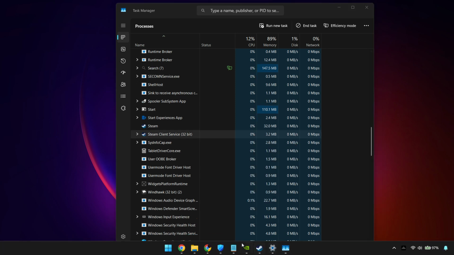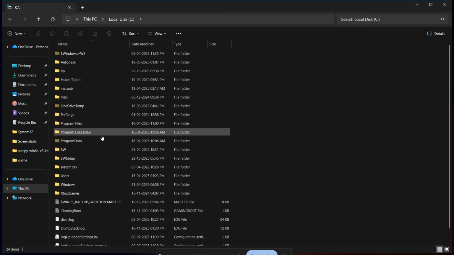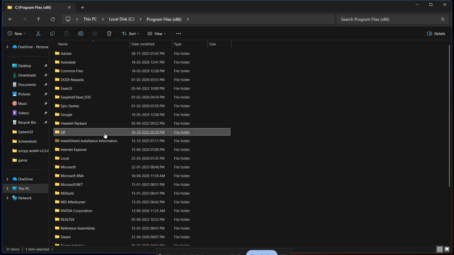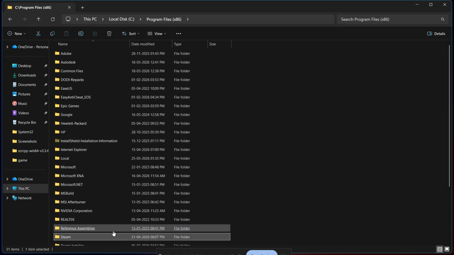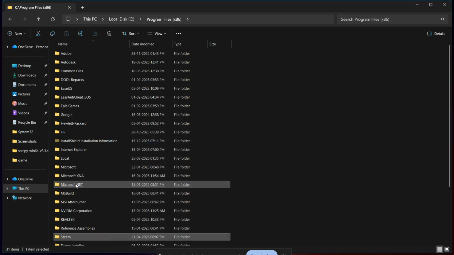Sometimes the installer itself can cause issues if Windows gets confused by the file name. In that case, try renaming the installer to steaminstaller.exe before running it again. It's a small change, but it can sometimes help bypass weird file detection problems and allow the setup to continue normally. If you get an error that says "destination folder must be empty," Steam is trying to install into a